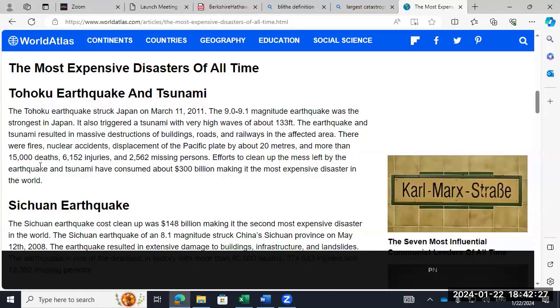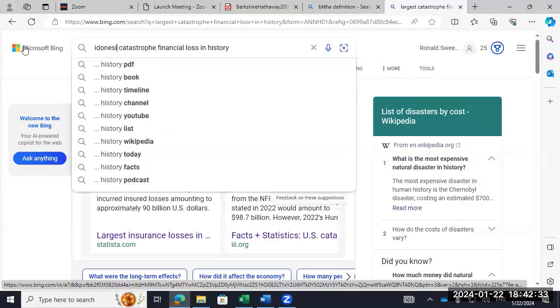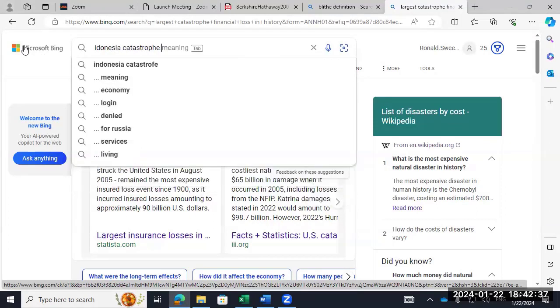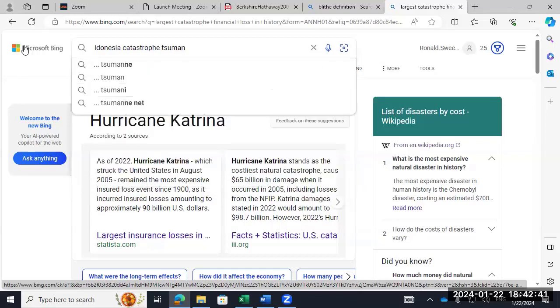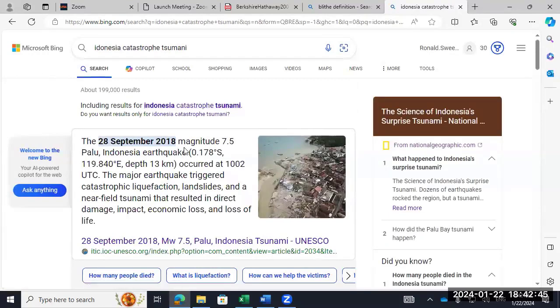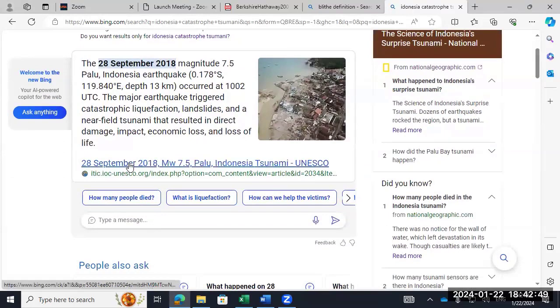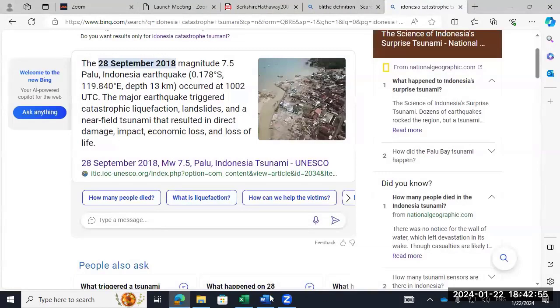The death toll is not that much. I can't recall Indonesia. I don't know how to spell tsunami. So, 2008, they show how many people? I remember it was over 100,000. So it's not gonna let me show the page.